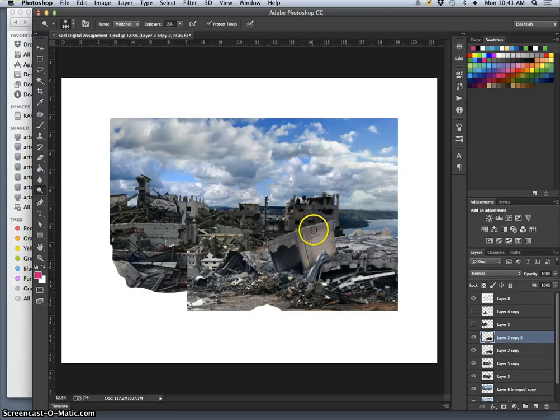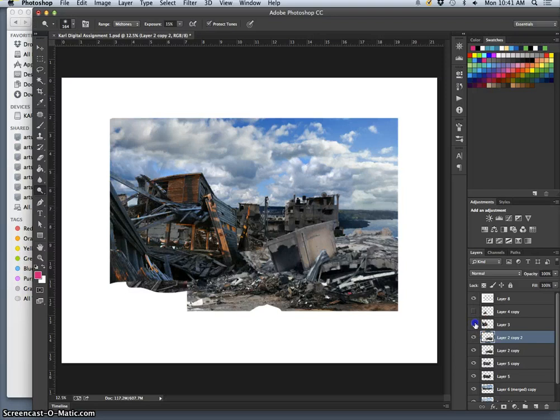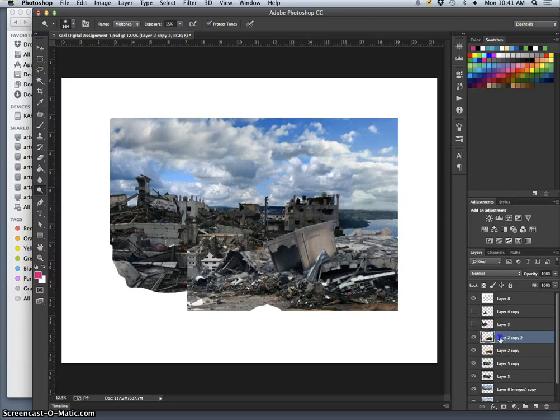Still not thrilled with this edge. I might have to find a way to obscure that a little bit. Okay. And then blend it back, just so I'm not stuck with all of my original changes and decisions